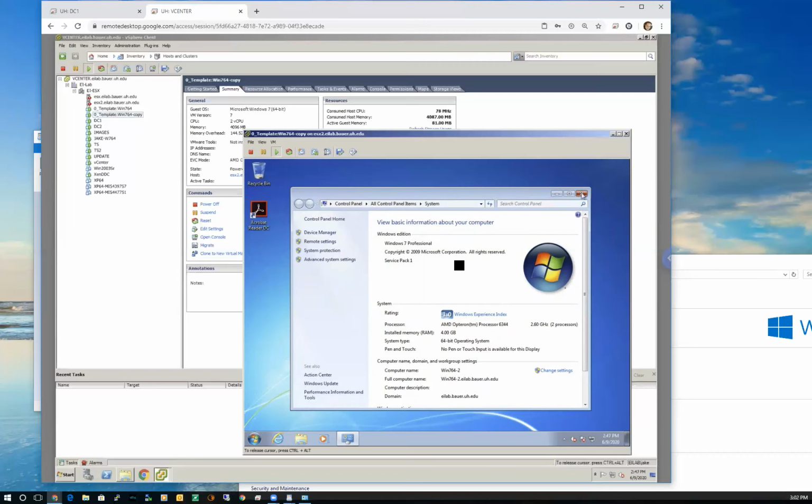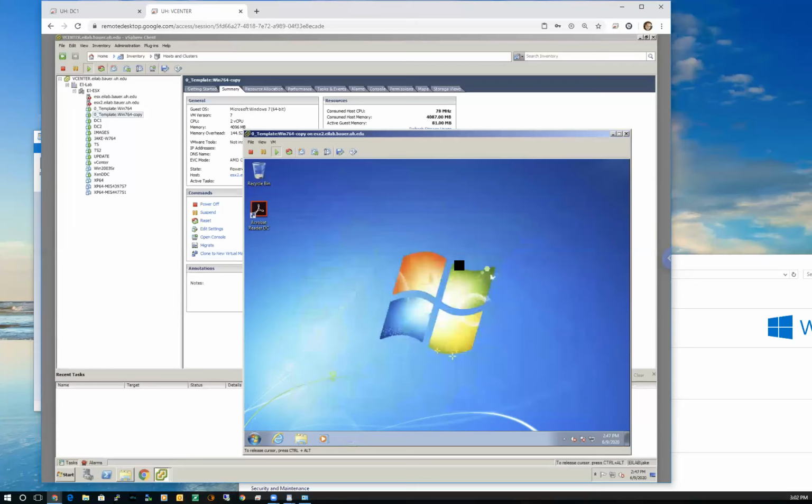Now the next step, let's pretend this is not a virtual machine. If you wanted to upgrade this machine from Windows 7 to Windows 10, you would open the little drive door on your DVD drive if you had a DVD player, stick in the Windows 10 DVD, or you would stick in the USB thumb drive.